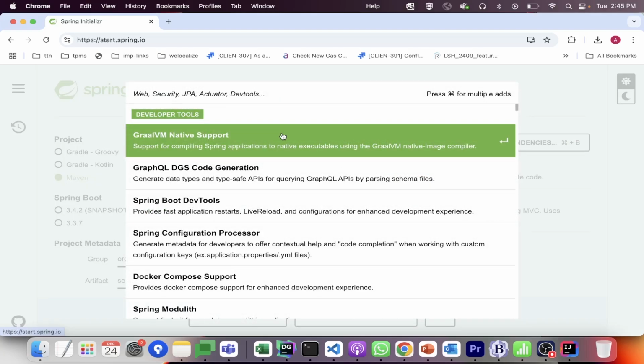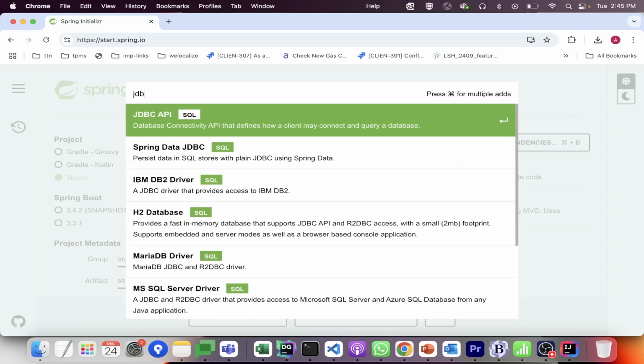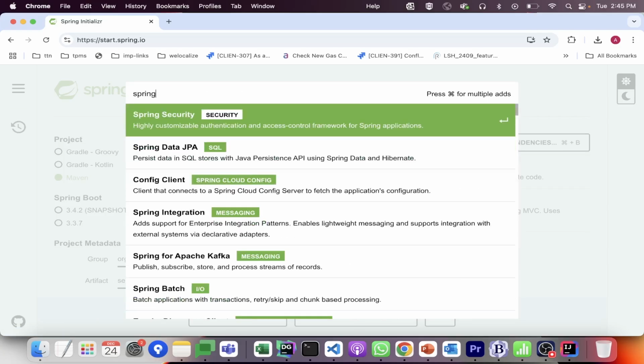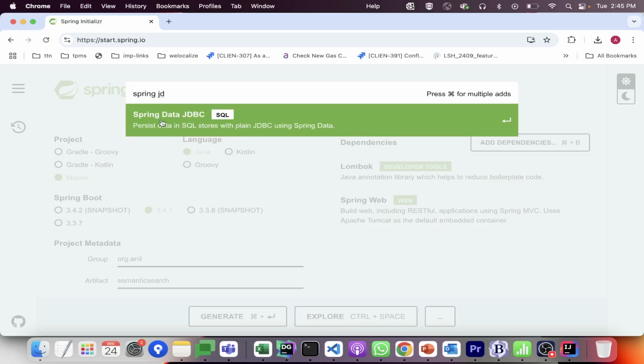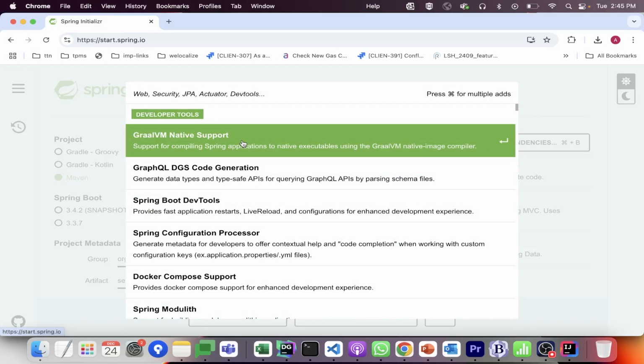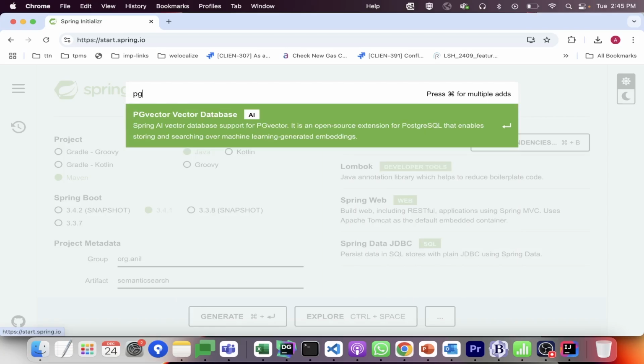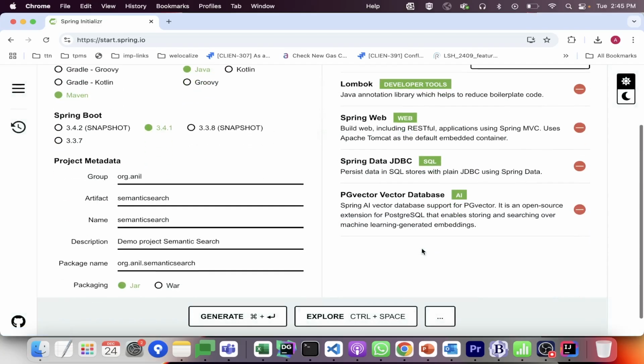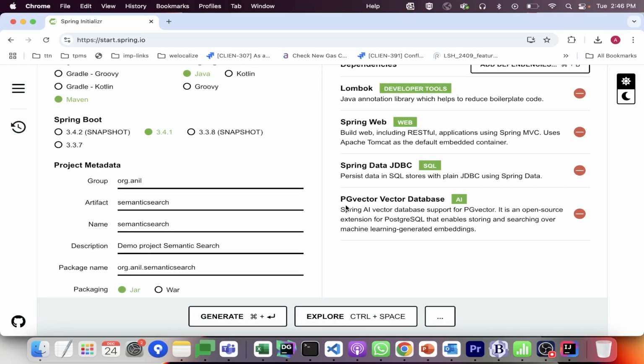For talking to the database, I'm going to use the JDBC API from Spring, Spring Data JDBC, and I'm also going to use PGVector. Of course, we are going to store our embeddings in this PGVector, which is a plugin for PostgreSQL. If you have this dependency, then you do not require the PostgreSQL dependency because it is built into this